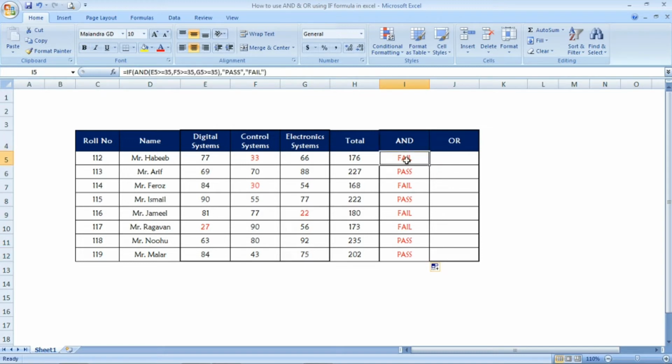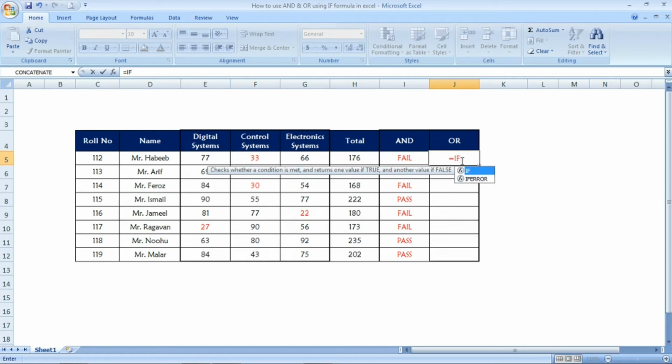I hope you got this very well, and let's see how to get the result with the OR function. I am going to use the same formula, equal to IF, open parenthesis. Now we are going to use the logical operator OR, and I will open the parenthesis again for the OR operator. Now we are going to select the digital systems first mark, and give less than 35.